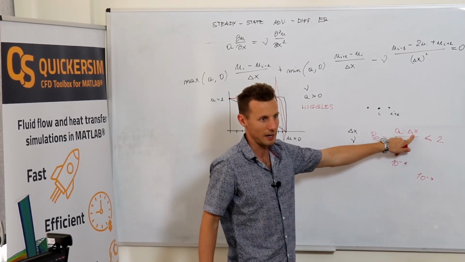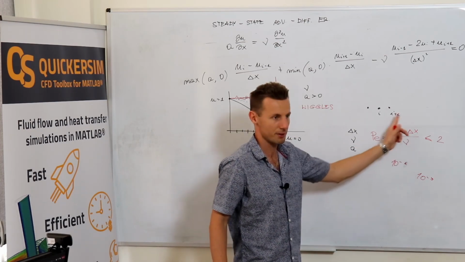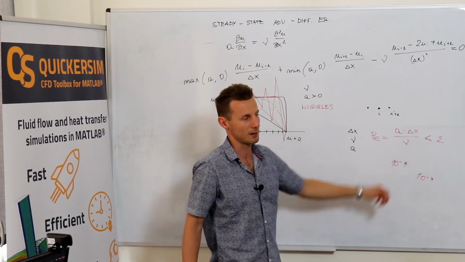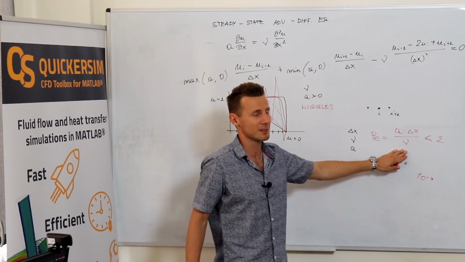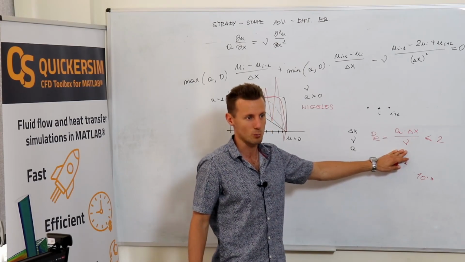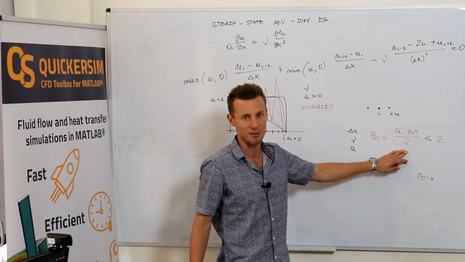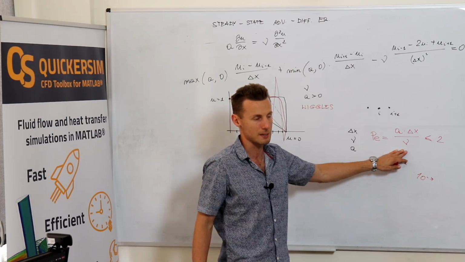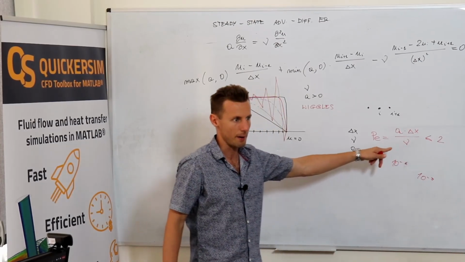So, how low would you need to have this to keep the whole formula below 2? It turns out that for most engineering applications, you would probably need 10,000 subdivisions of space in one direction, and 10,000 in the other direction. And in 3D, good luck with that. There is absolutely no way of keeping your space discretization and your mesh so fine to satisfy this condition. And that's why